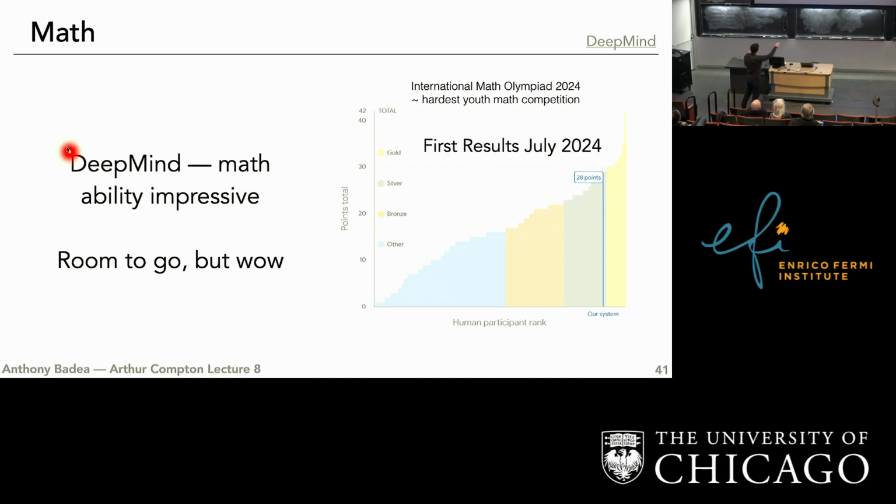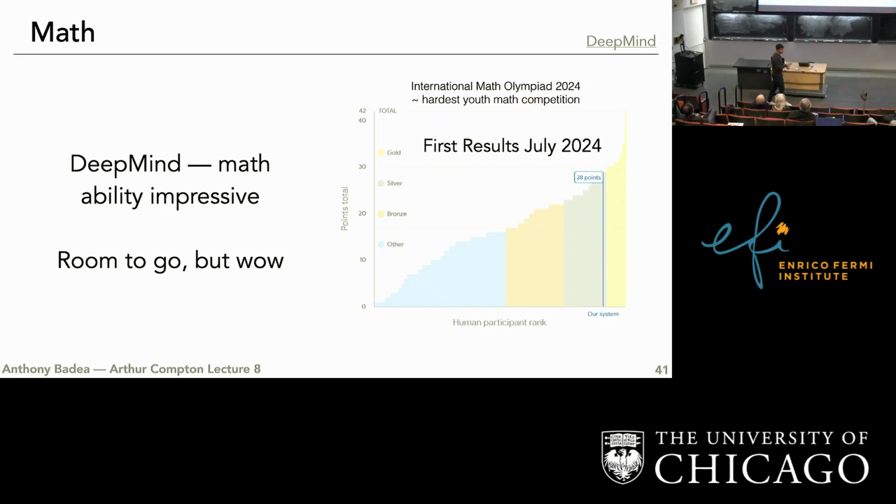So basically, this is a company called DeepMind, which is a company that's joint with Google. And so they made a very large model and had it compete in a competition called the International Math Olympiad, which is roughly the hardest youth math competition. So people that do this usually end up going on to be math professors, Fields Medal winners. And so they had their algorithm run, and it scored right here, just on the boundary of silver and gold medal.